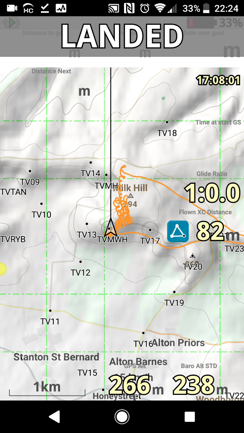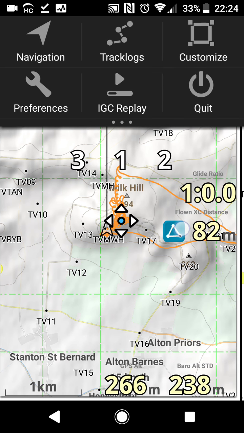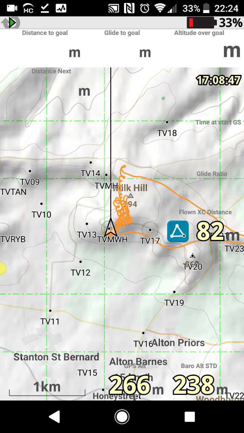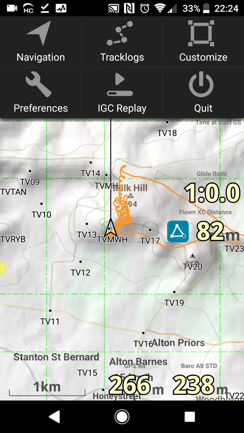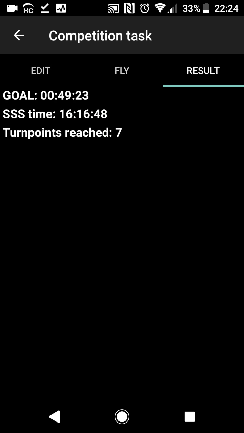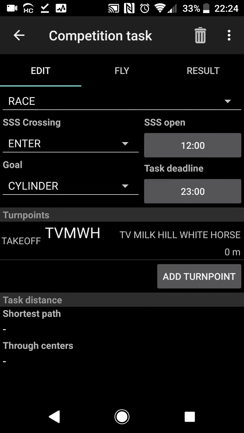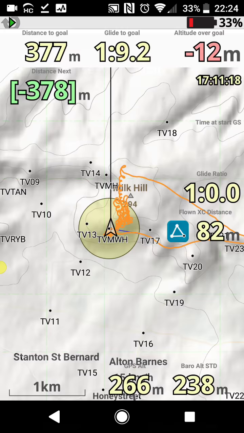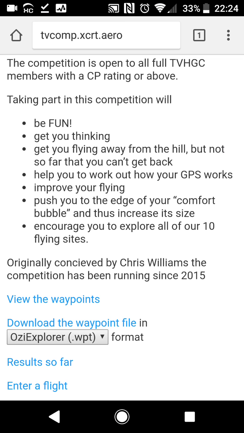So, using waypoints in XCTrack is a little bit fiddly. You have to plan your route in advance. If you hit the waypoints in the wrong order, then it won't tell you that you've hit them. An alternative, which is a little bit easier, if we clear our competition task, go back to the website,